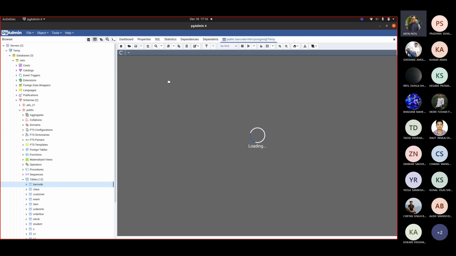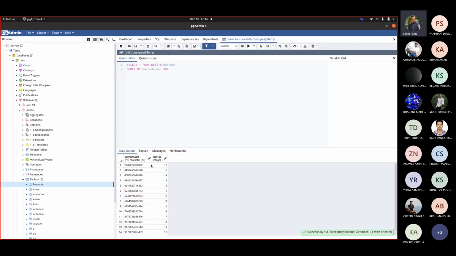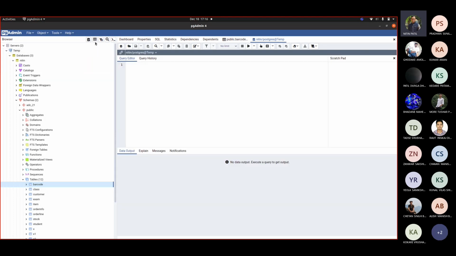You'll be able to see the data in a tabular or grid form. Correct. So we see here the queries that you fire. If you want to execute queries here, now it is ascending. If I want to modify this, you go here, you click on SQL.